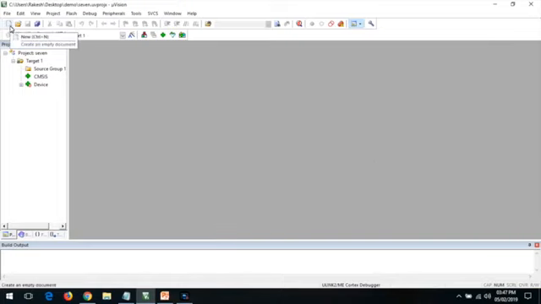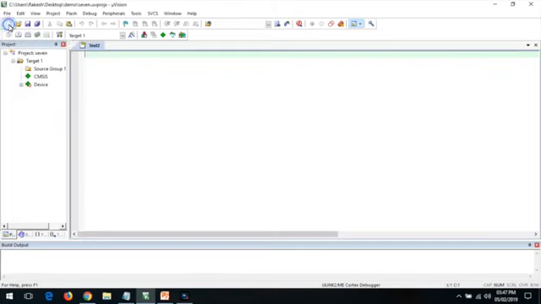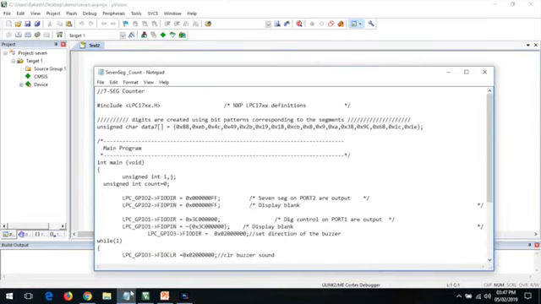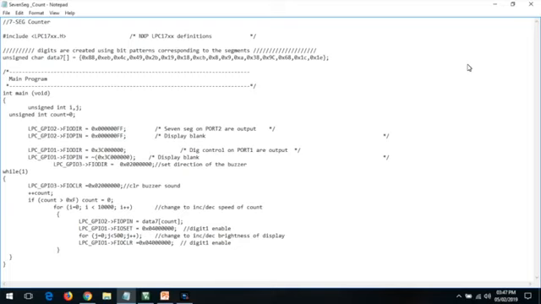Now you need to type the program. So here is the icon new. Click on that. You will get an editor window. Here is the program, 7-segment display. You need to include certain header files, that is LPC17xx, and then we are displaying the digits from 0 to F. So we are declaring it as an unsigned character array with the name data7.